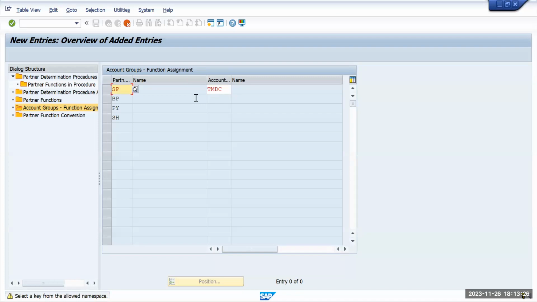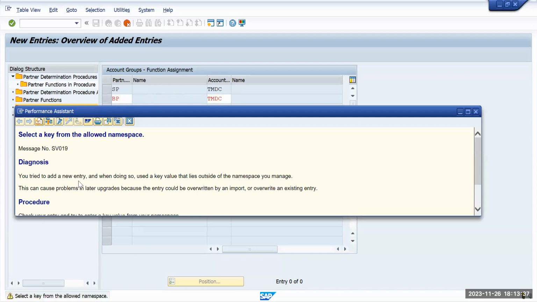Select the allowed namespace. Let's see what is this warning message. You are trying to add a new entry, and when doing so, use key values lies out of the namespace. This can cause a problem in the later upgrade because the entry should be overwritten by an important. So what it is giving is